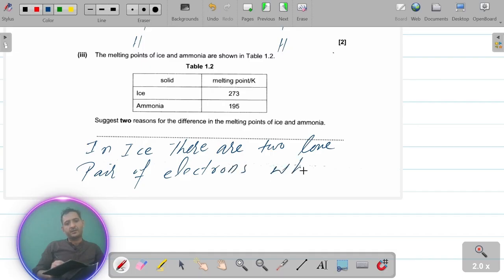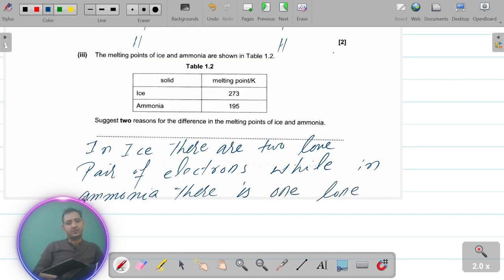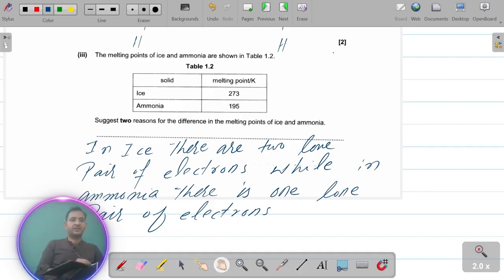While in ammonia, there is one lone pair of electrons. So ammonia is actually making one covalent bond, and in ice it is making two hydrogen bonds. That is the reason. Okay, so the next is